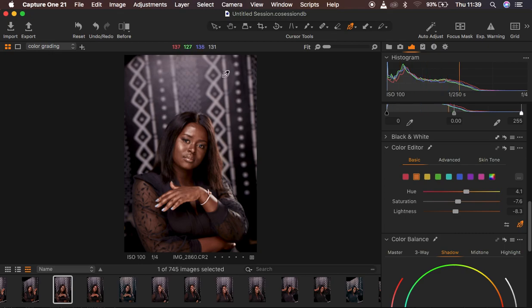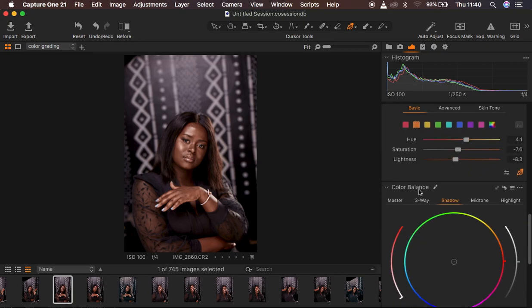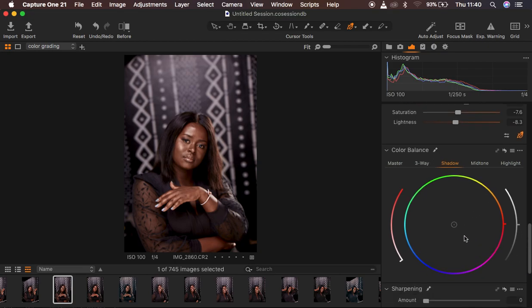So we still have magentas, especially in the blacks of the image. So in order to eliminate those colors, we are going to come to the color balance option within Capture One. So in the shadow area, we are going to add a little bit of the cyans. So when you click in the middle and you drag this around the photo, just look at how it transforms the image. So for this case, I just want to add a little bit of cyans,